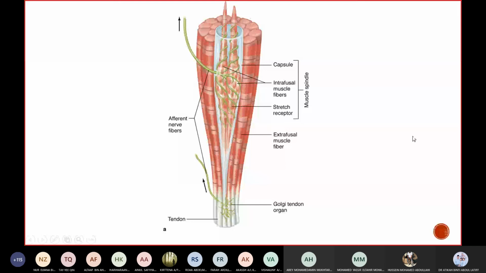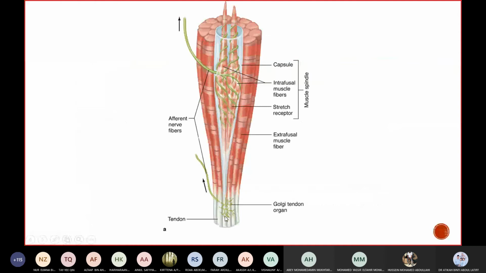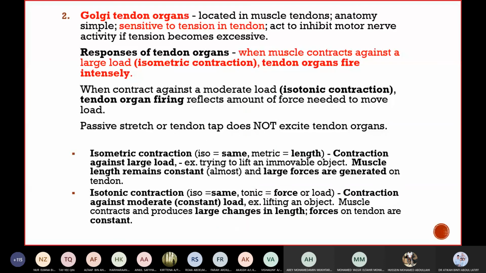Okay, so just a bit on the Golgi tendon organ. It has the same function, which is sensory information, but the sensory is in terms of tension in the tendon, instead of warmth and so on. It is based on the tension of the tendon. The tendon holds the muscle, so when the muscle moves, it will create tension in the tendon. Okay, and this tense motion of the tendon will give information through the Golgi tendon organ. Okay,